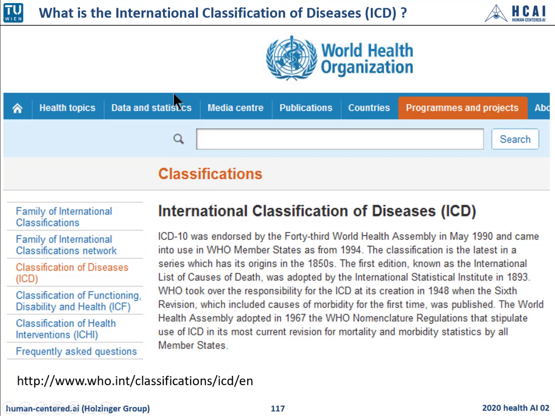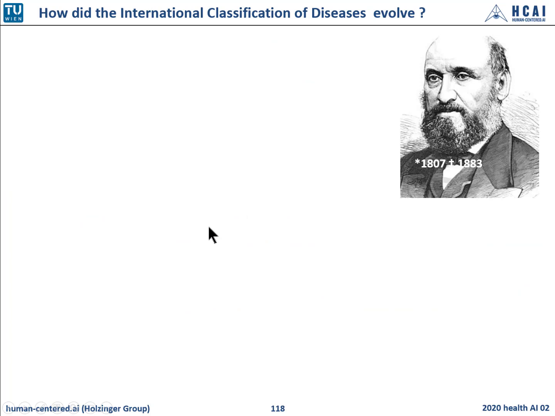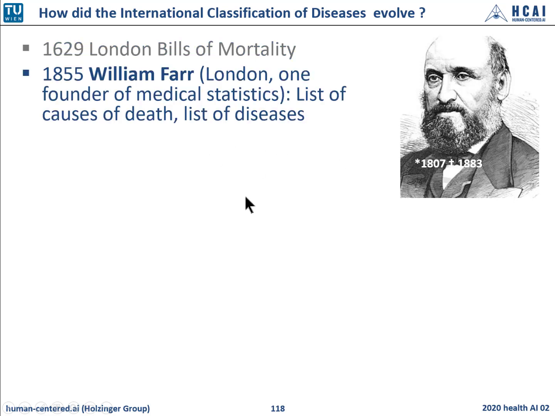Okay, so what is the International Classification of Disease? Let's go a little bit back. This is the website of the ICD, and we go to the history. How did the International Classification of Disease evolve? It started in 1629 with the London Bills of Mortality. This is the oldest classification of illnesses, so to say. Then William Farr in London, one of the founders of medical statistics,